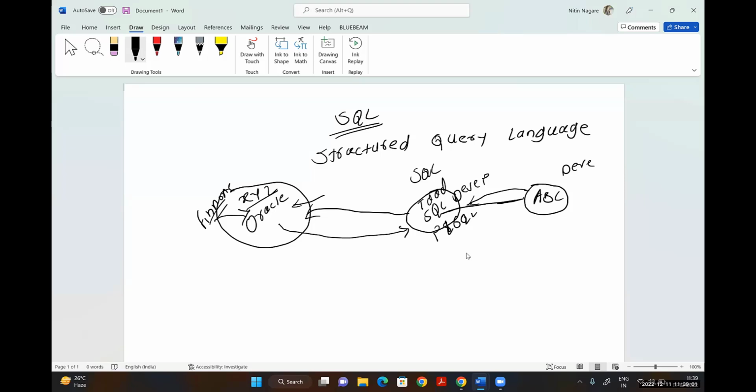So the database is there. There is one application in between the developer and the database. Using this application, the user or developer writes a query. That query goes to the database. The database reads that query and returns the data to the application, and the user sees the data he requested. So this is how we communicate to the database, as I'm communicating with you.